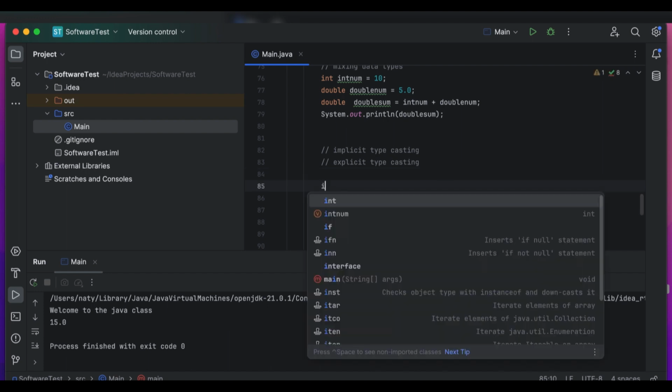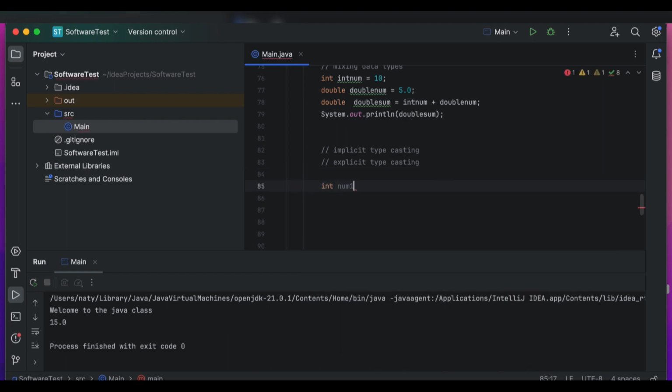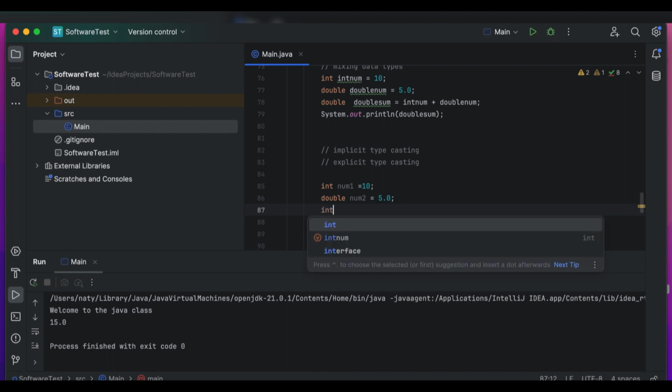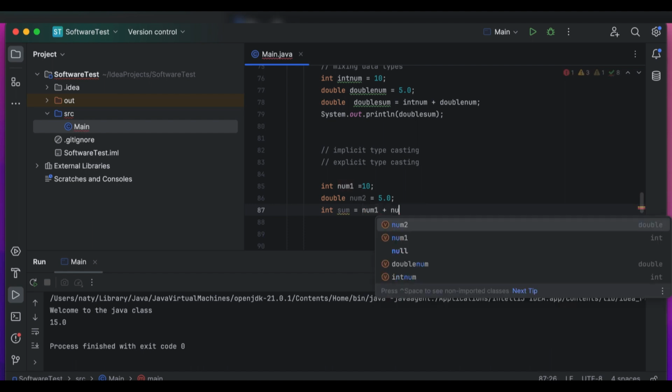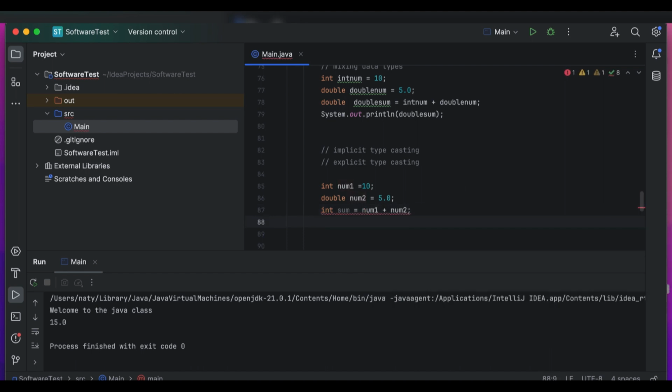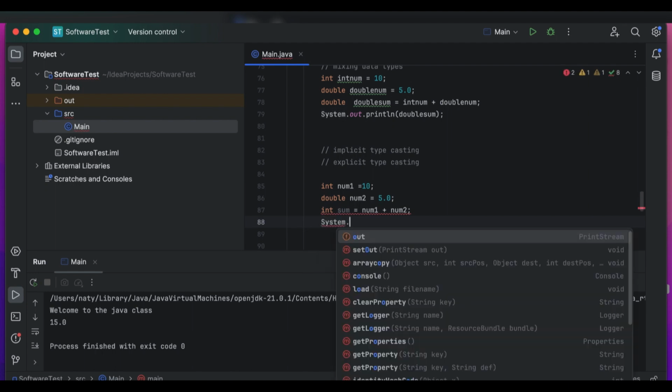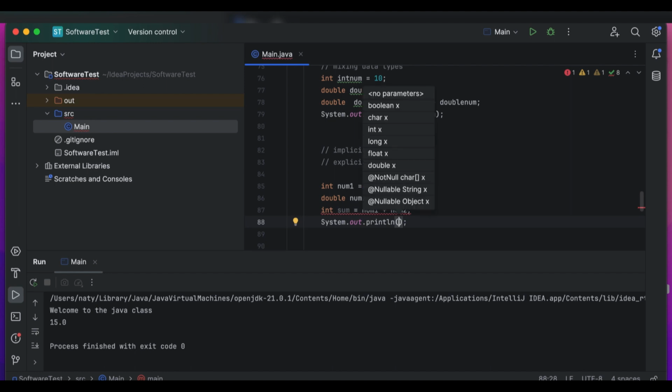Let's see one example, for instance. Int number 1, let's say, is equal to 10. Okay, double number 2, let it be 5.0. So I want to check whether the sum of this is computable or not. So let's say int sum is equal to number 1 plus number 2. So when I print this one with system.out.print, when I print sum,